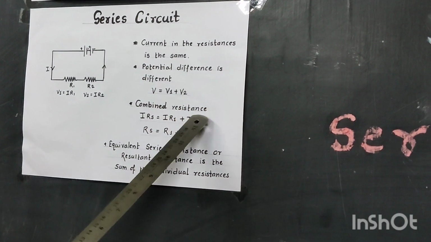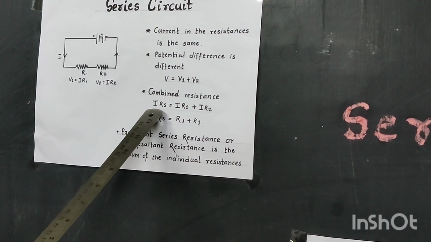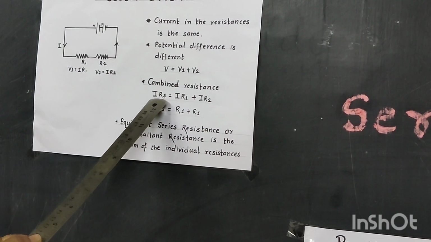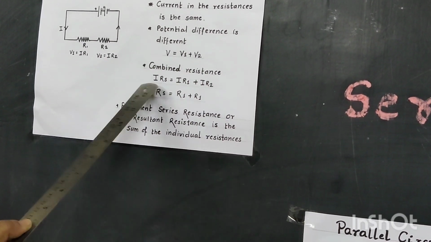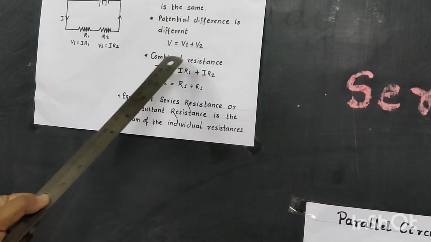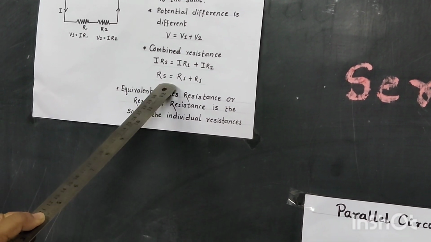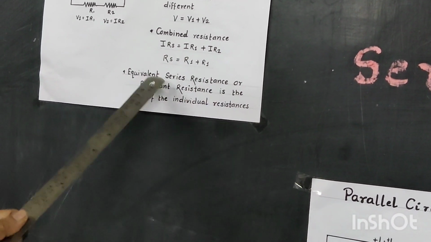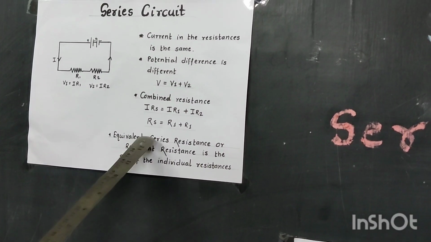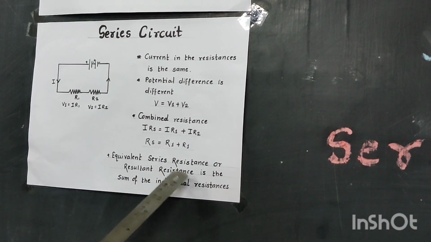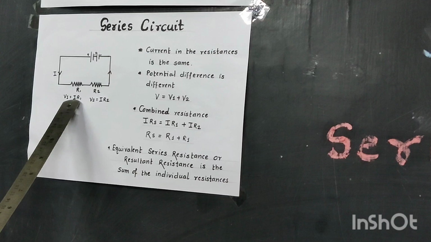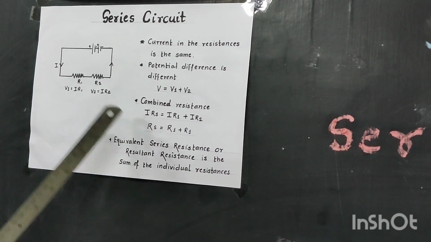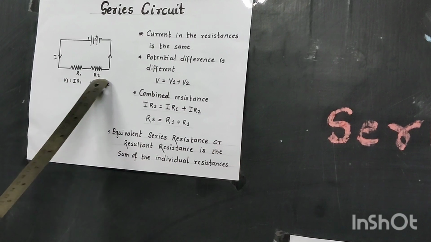So the combined resistance: V is equal to IRs, where Rs is the resultant resistance, V1 will be equal to IR1 and V2 will be IR2. As the current is the same, it gets cancelled and the resultant resistance will be equal to R1 plus R2. What does it mean? It means that the equivalent series resistance or the resultant resistance is the sum of the individual resistances. That means this equivalent resistance will be greater than the maximum resistance attached here, and that's why we can see